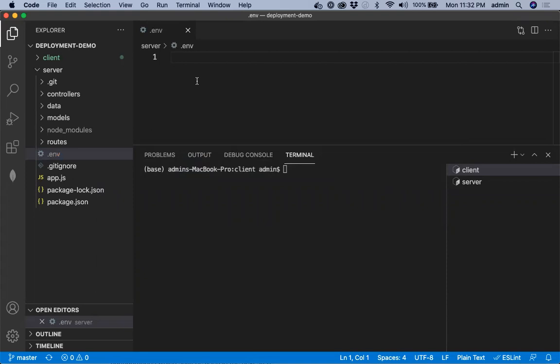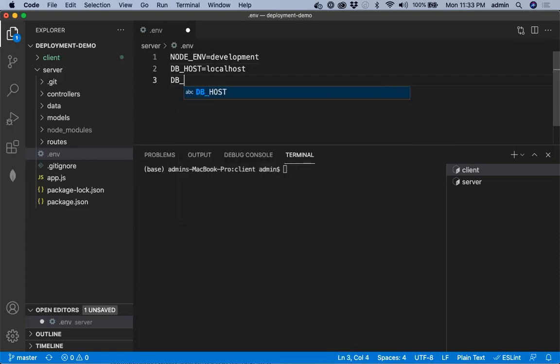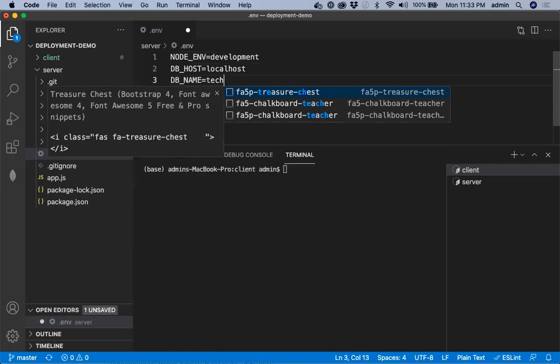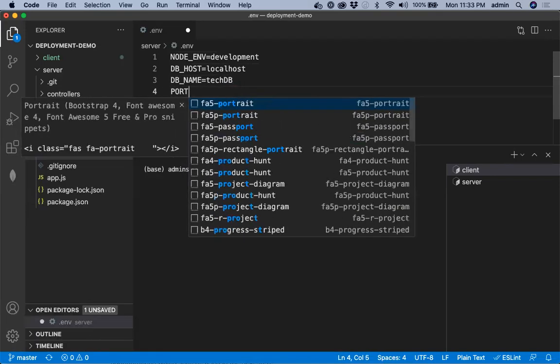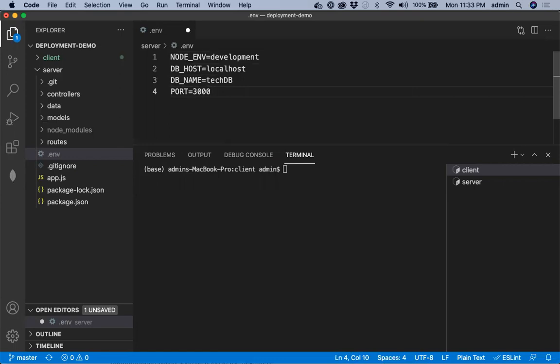So if we read off process.env, we'll get that setup based on the environment. Let's create the required environment specific configurations. First we'll set up NODE_ENV. This is a standard environment variable we set up for all Node.js applications usually. We'll call it development. For production, we'll be setting NODE_ENV to production. Then DB_HOST. This will be where we are running our database. Right now for local development, it's localhost. DB_NAME, we chose to call the db techdb. PORT, where you'll be running the backend application locally, 3000, let's say.